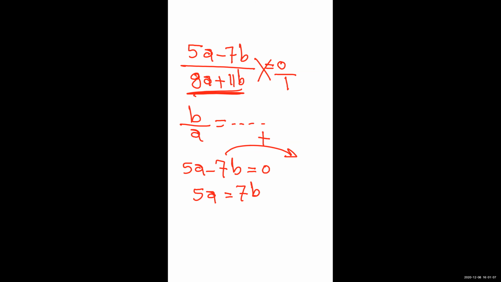I want to get b over a. b over a will equal 5 over 7. So 5 over 7. Okay, are we clear? Yeah. Okay, great. The next one,